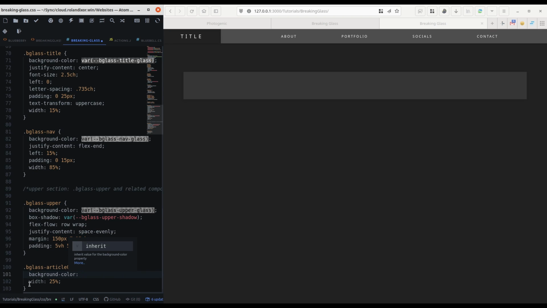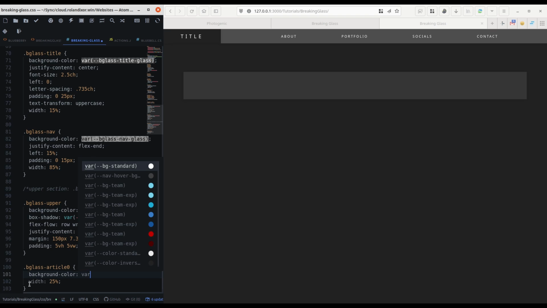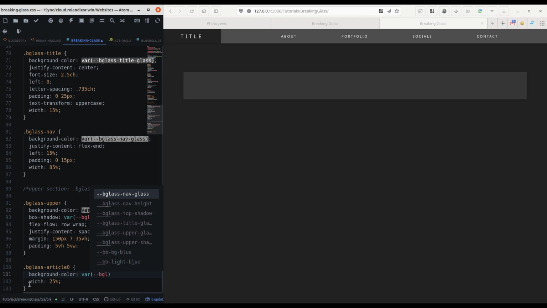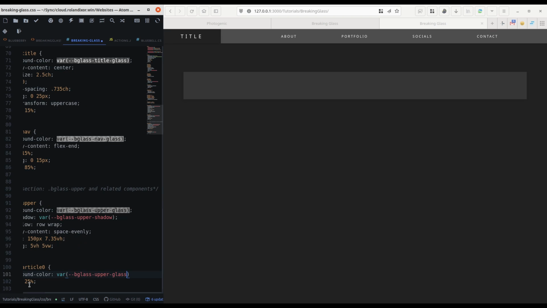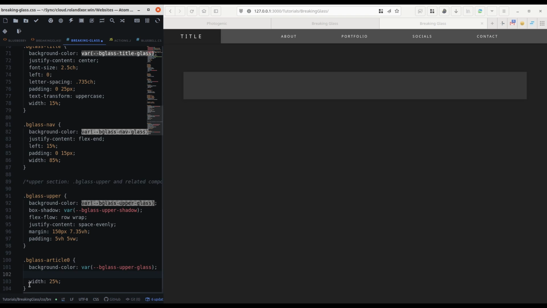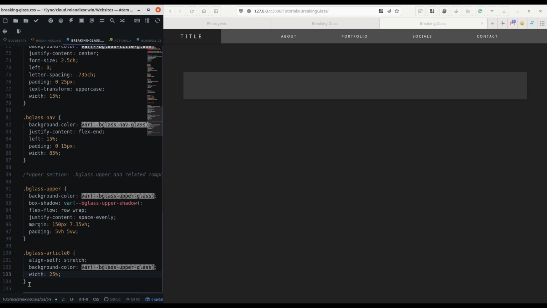Background color, var, B glass, upper glass. Oh, forgot to add height. In fact, no, not height. Let me use align self stretch. This is a pretty cool property in Flexbox that will give any item you add the same height as the highest item within its container. So we're going to